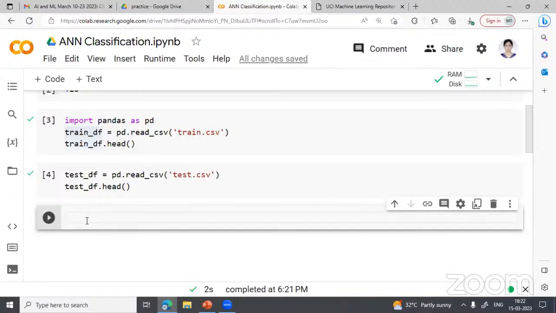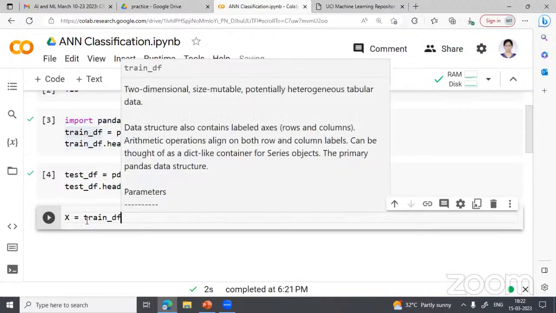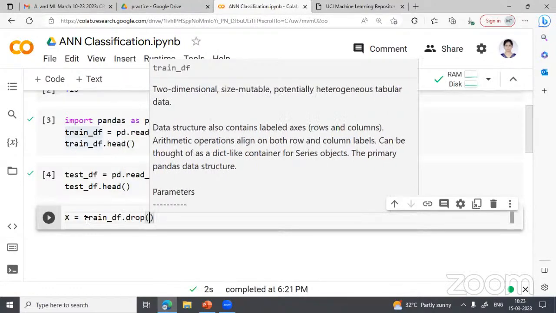So for that, we create a variable X, where from the train data frame we drop the last 2 columns, that is activity and subject. From 563, if you drop the last 2 columns, you will have only 561 columns, which are your input features. Train data frame dot drop